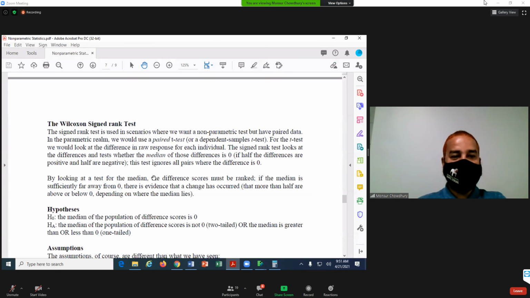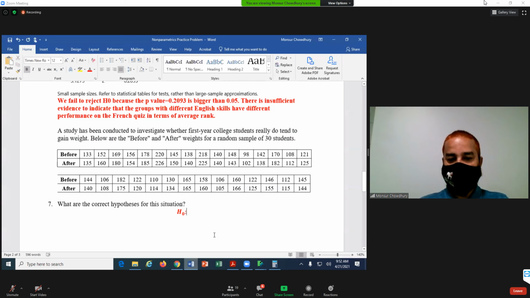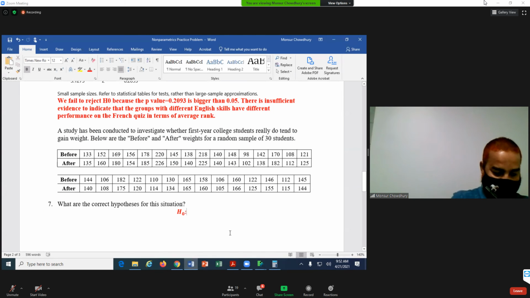For the Wilcoxon signed rank test, we say the median of the population differences is 0. So we can say the true median weight gain for college freshmen is 0.